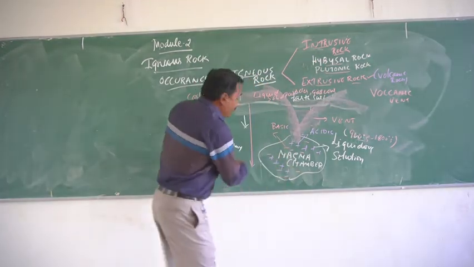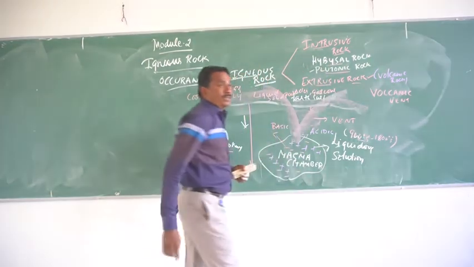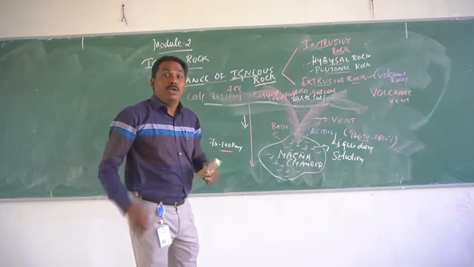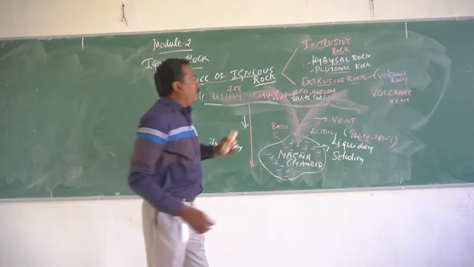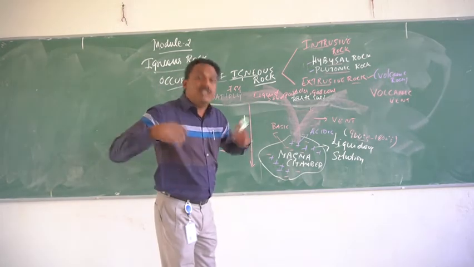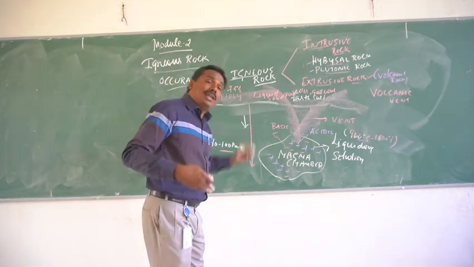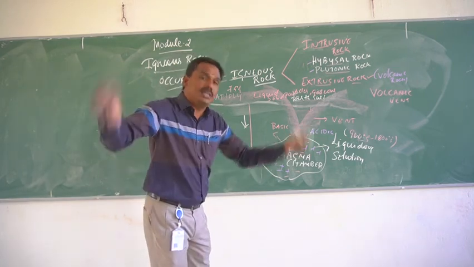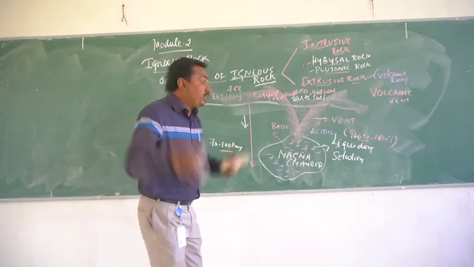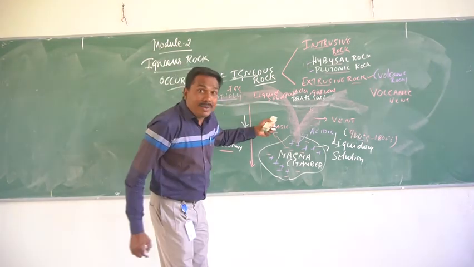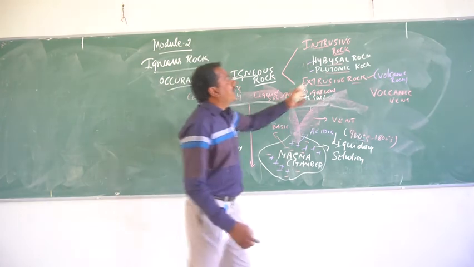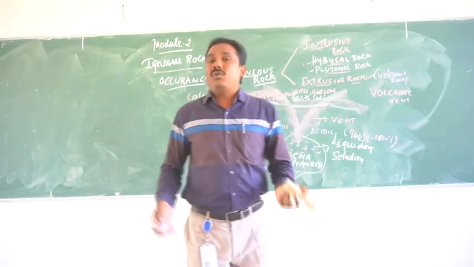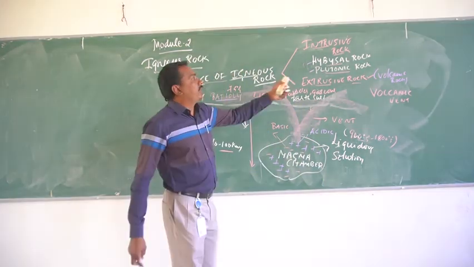The rock formed at the greater depth, that is plutonic rock. The rock formed near the surface, that is hypabasal rock. When the magma chamber squeezes out to the surface through the volcanoes, because of the temperature on the earth's surface, the maximum we receive is 65 to 75 degrees Celsius, that is in the desert, what I am telling. So when it cools rapidly to form a solid structure, that is rock, we call it extrusive. The occurrence of igneous rocks is of two types, intrusive rocks and extrusive rocks. Again, the intrusive rocks are categorized into hypabasal and